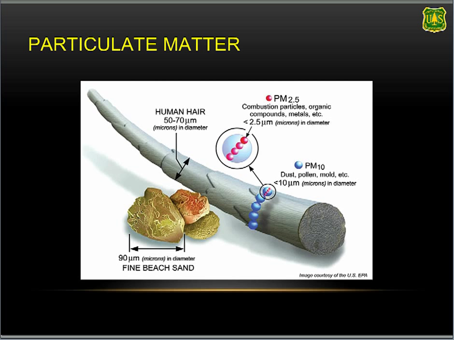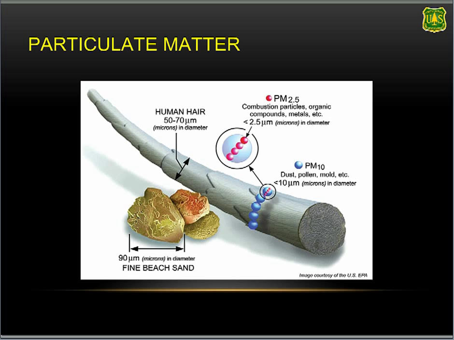This slide illustrates what we're talking about with PM10 versus PM2.5. These are very fine particles in the atmosphere. You can see the grain of sand, a human hair. And within the human hair, you have particles that are PM10, less than 10 microns, and within the PM10, you have PM2.5. What's important here is the PM2.5 are very fine particles that are often formed either through chemical reactions or directly from combustion, from automobiles and things like this, from plants. There are forest fires and other sources of PM2.5.